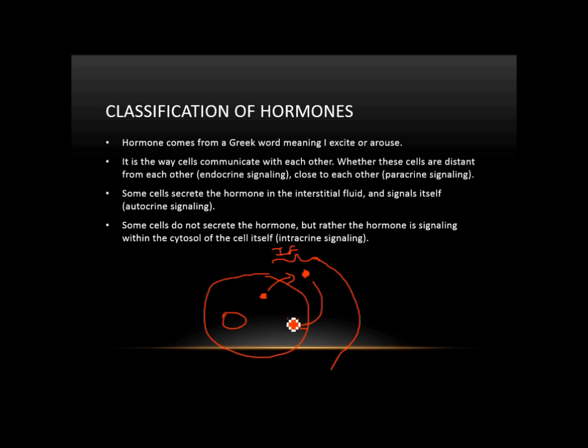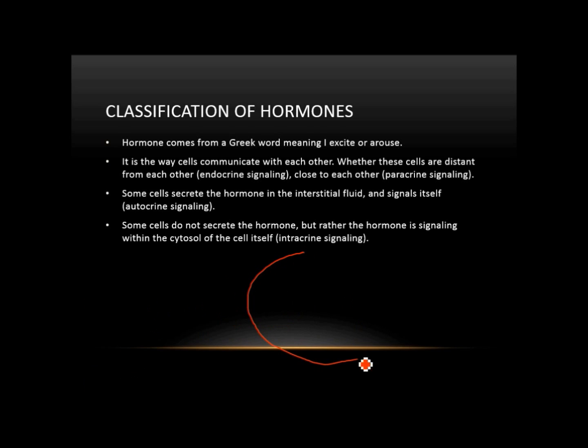However, intercrine signaling is less known. It is where the cell itself, here's our big cell, secretes the hormone within the cytosol, and then the cytosol has the intracellular receptors to signal, and the cell takes the signal and starts to take its effect. So as a wrap-up,